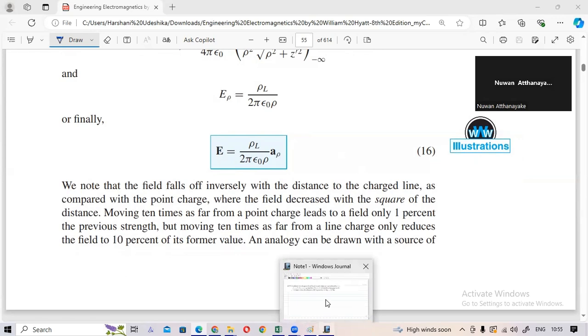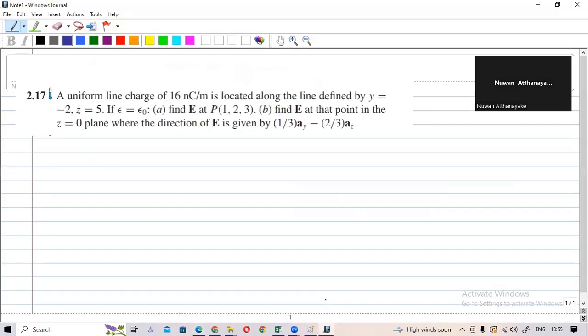Okay, so we will take another example. I have chosen this one, exercise 2.17 given in our reference book. Here it is said that there is a line charge defined by these two equations. These are line equations. So if I draw it,